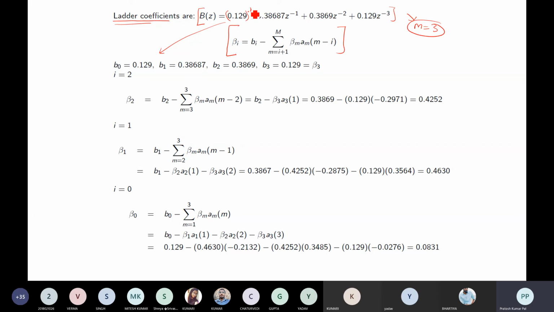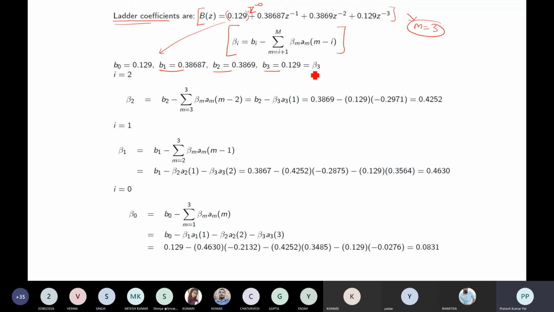Either we can call it 1 coefficient is having this value, or we can have z to the power minus 0 is having this coefficient. Like we are basically finding out the coefficients related to z to the power minus 1, or whatever z to the power is there, that is having coefficient equal to this one. So we can have either 1 or z to the power minus 0, similar to have a relation, general term. So b1, b2 and b3 we can find out.